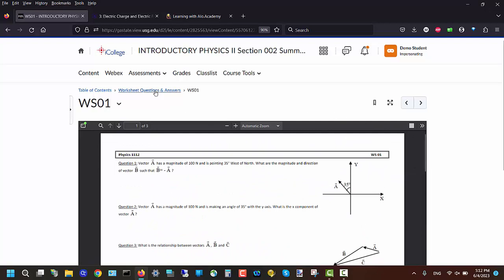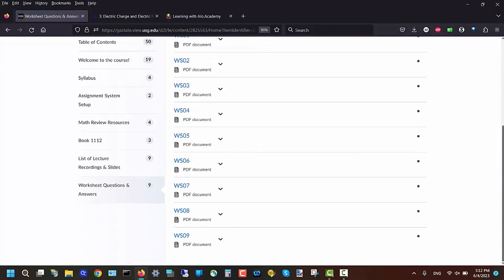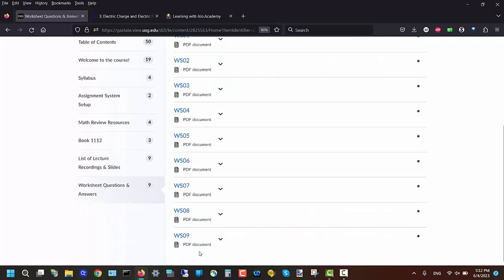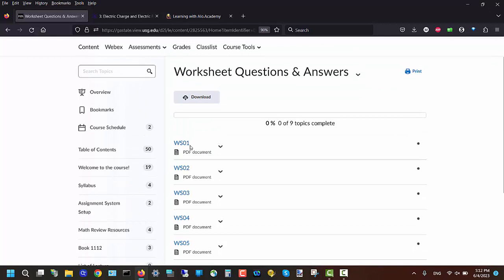Now, after the due date, you are going to be able to scroll down here and find a submodule called Answers. And initially, the first one you will see, the answers to WS1, worksheet 1. Then worksheet 2 will be added.